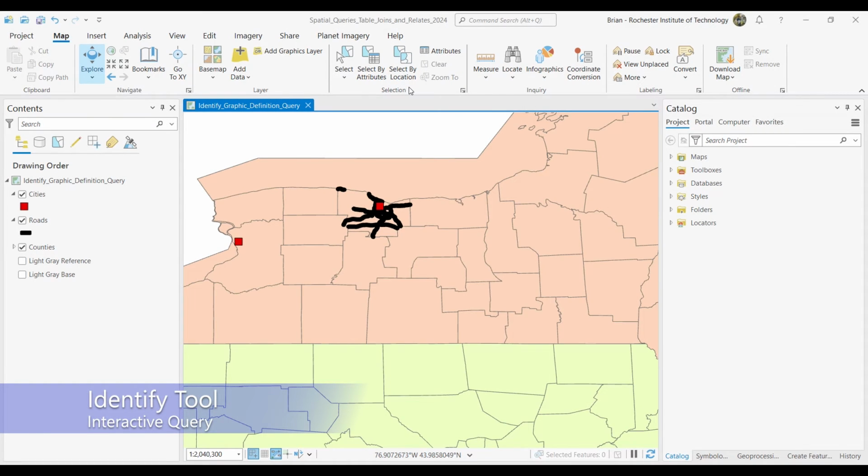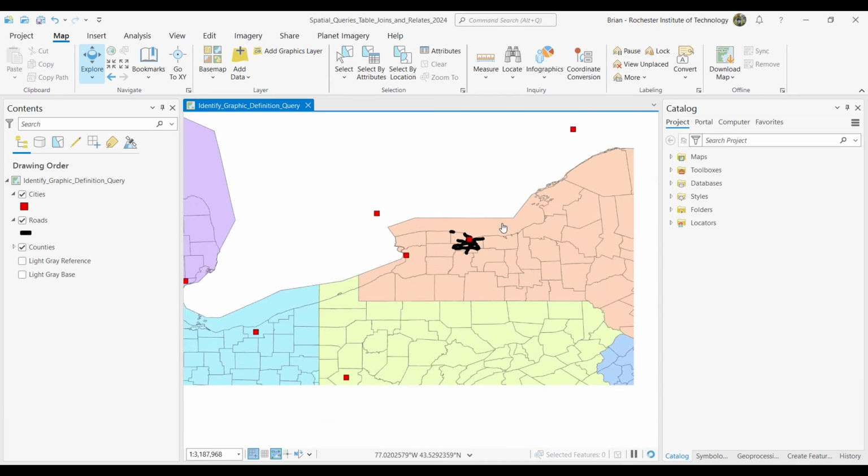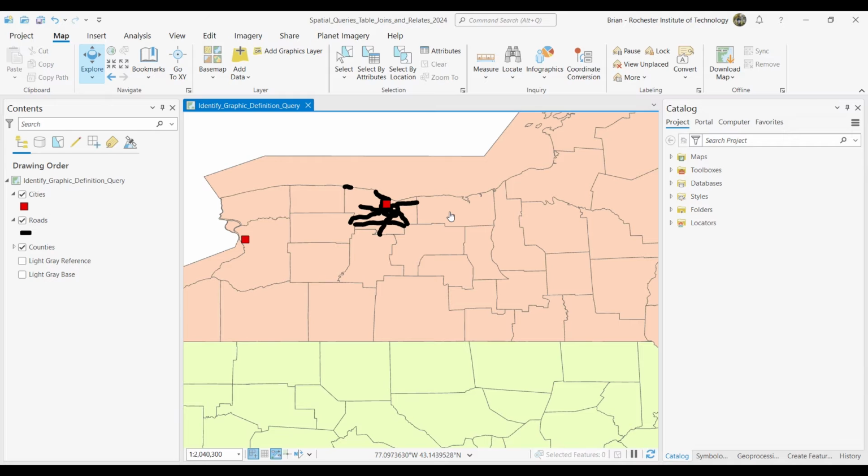Okay, let's start with showing you the Identify tool. This is perhaps one of the most fundamental tools you'll use in ArcGIS Pro. The Identify tool is combined with map navigation. So what I mean by that is if I've selected Map and Explore, the Explore tool allows me to pan and zoom around the map. If I'm holding my left button down, I'm panning. If I use my mouse wheel, I'm zooming. And notice when I'm not pressing the button at all on my mouse, the mouse cursor looks like a hand